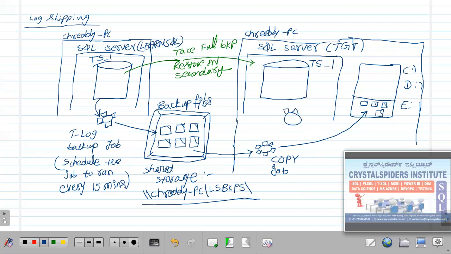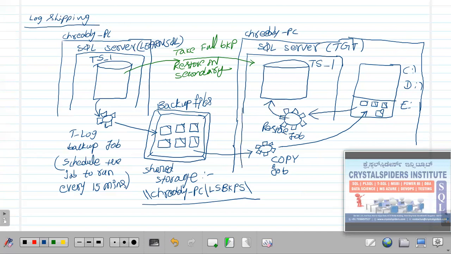One more SQL server job. So whenever these transaction log backup files are available in this path, in the E drive, then take those files and restore them on top of this database.